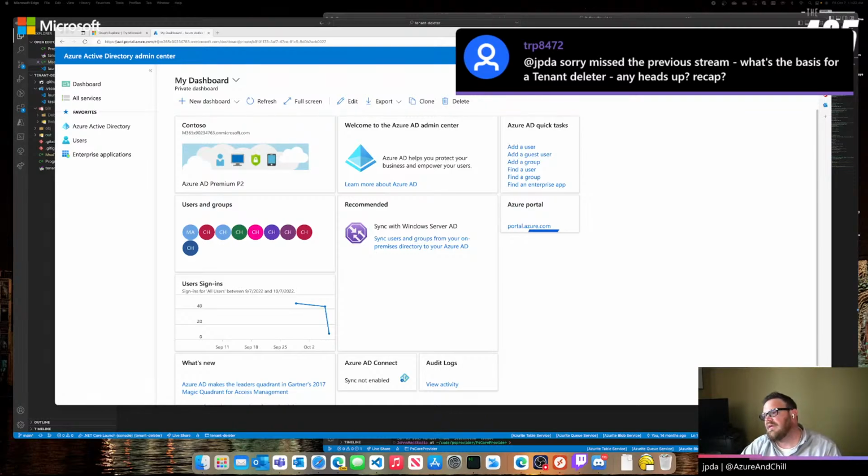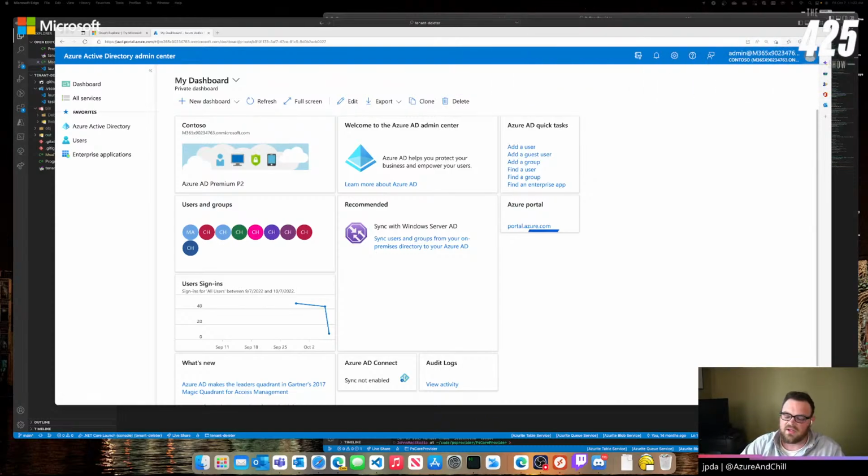So with the tenants themselves, you may want to reclaim a domain, or maybe you want to delete it and use the domain name somewhere else. You want to remove your domains, remove the users. Maybe you've got a bunch of apps in there and you just want to dump the apps. In some cases it's easier to delete the entire tenant than to keep it around for whatever reason. And as some things become more metered, you may have a cost associated with it. You say, I don't want this anymore. I don't want anybody being able to sign into this at all. So we're going to delete all the users, all the everything. Now you can't just go,